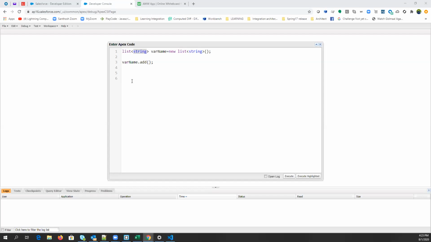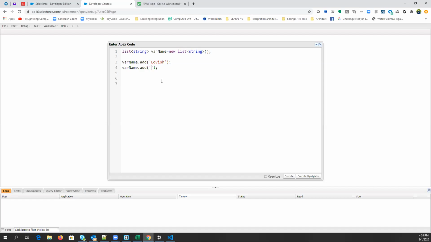So, guys, we are using the add method just to add the value in the list. Here you have to pass the value as a string type. So you can pass, let's say, Lavish, and the second name you can pass. Again, if you want to add a new value, you have to call the method again. So you have two options: either you can call this method in a loop, or you call it one by one. We'll discuss all these things one by one. First, let's discuss by calling it one by one. Now if you want to add another value, you can simply call it like this.